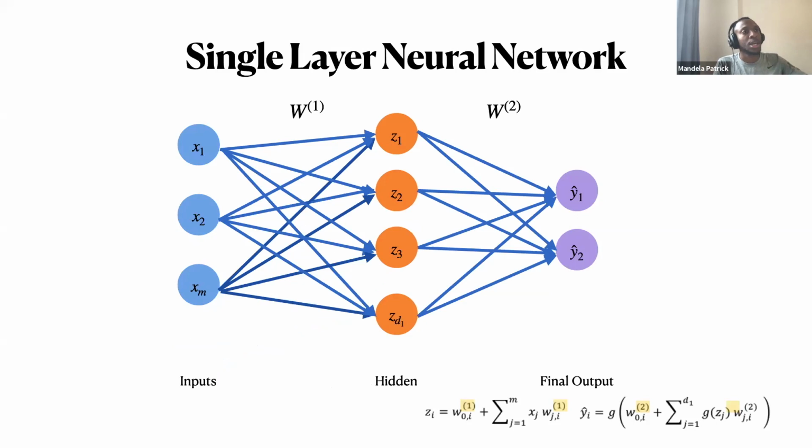We see the input, we see the output, but what happens in between, we don't directly see, so we call it hidden. And we measure the depth of the neural network by the number of hidden layers it has. So in this case, because there is only one hidden layer, we say it's a single layer neural network. And each perceptron just does the same thing. It takes the inputs, weights the inputs, sums them, applies a nonlinearity, and then outputs a value. And then it just keeps on going down the chain, fundamentally.